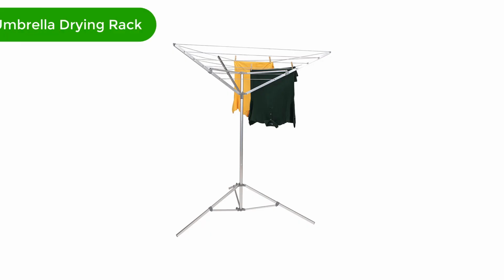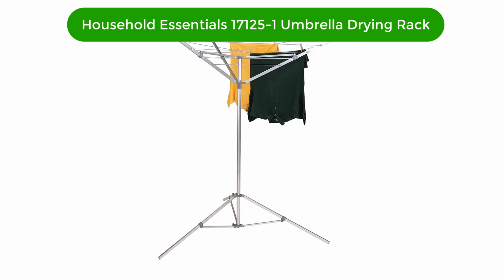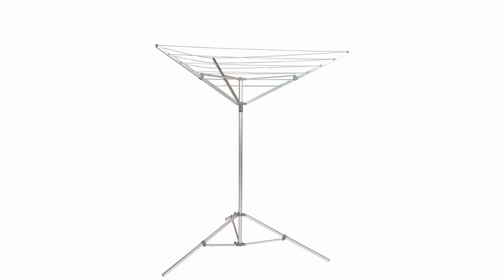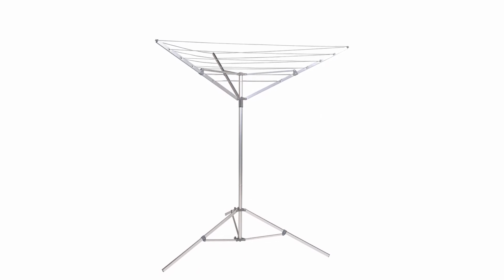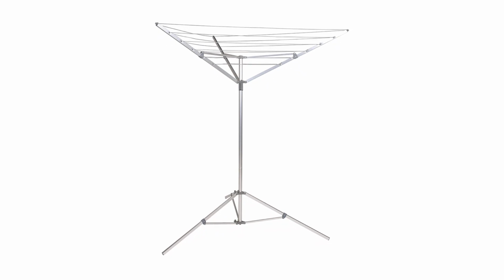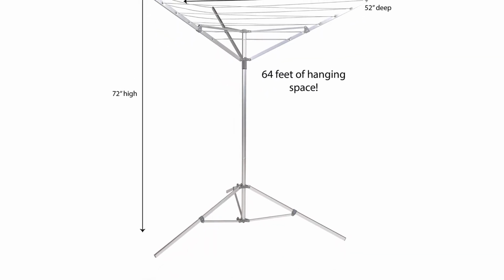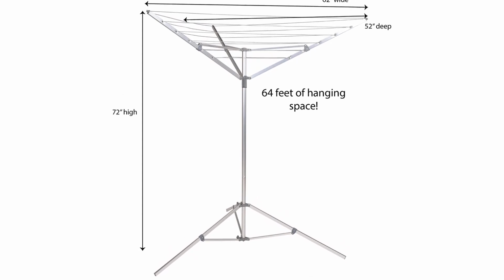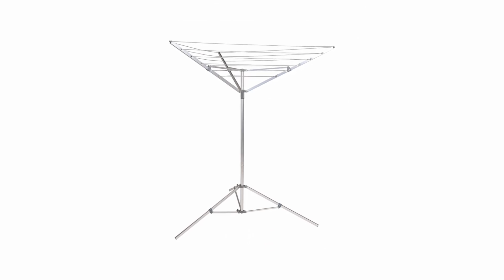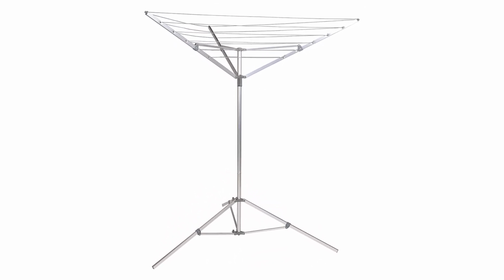Number 3. Our third best pick is Household Essentials 17125-1 Portable Umbrella Drying Rack. Keep your laundry clean and dry with the Household Essentials 17125-1 Portable Umbrella Drying Rack. This lightweight aluminum drying rack is designed to fit anywhere, with its compact design and easy-to-open umbrella shape. It stands over 5 feet tall and features 18 lines with 64 feet of drying space for all your clothes